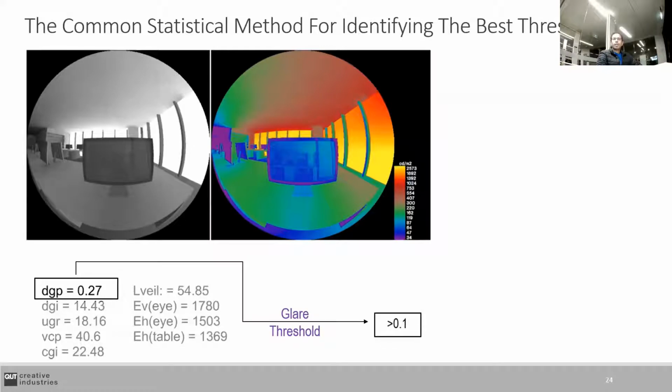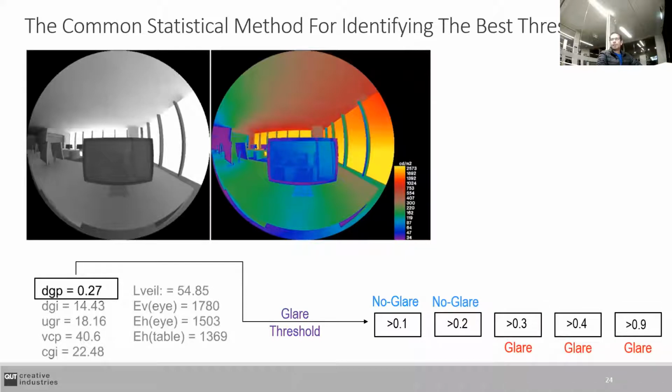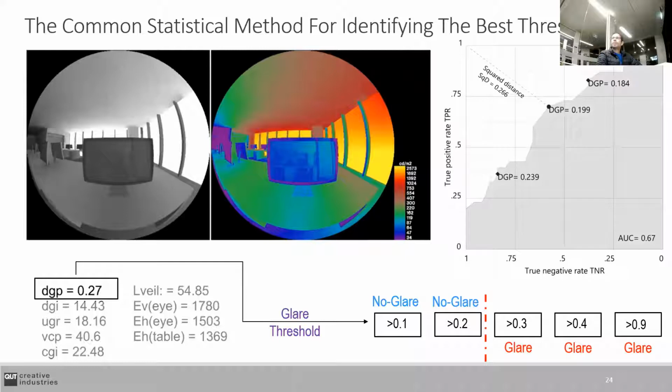So if we start to say, okay, do we have a threshold, from 0.1 means there is no glare. Once we got to 0.3, we can say it has become a glary situation. So this is a way that we can define the threshold. And we can draw this graph on the right using the ROC analysis, which is a trial that we have